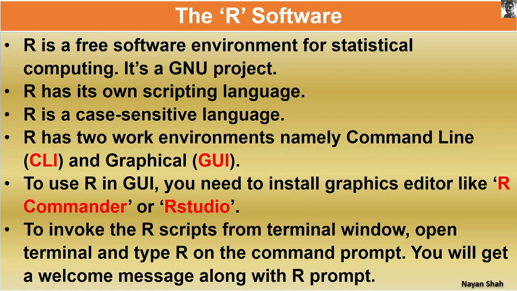Now the R software, a very different kind of software, is also introduced. R software is a statistical analysis software. R is a free software environment for statistical computing, and it's a GNU project. GNU as such has no full form, but it is generally known as "GNU's Not Unix". All software developed with free software and open source in mind mostly comes under the GNU project.